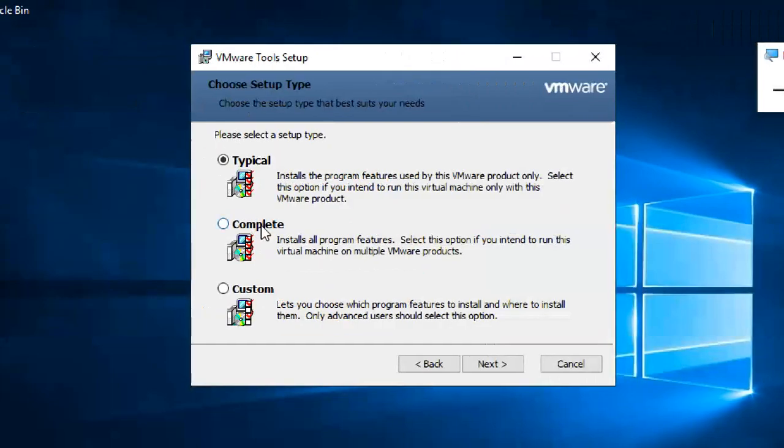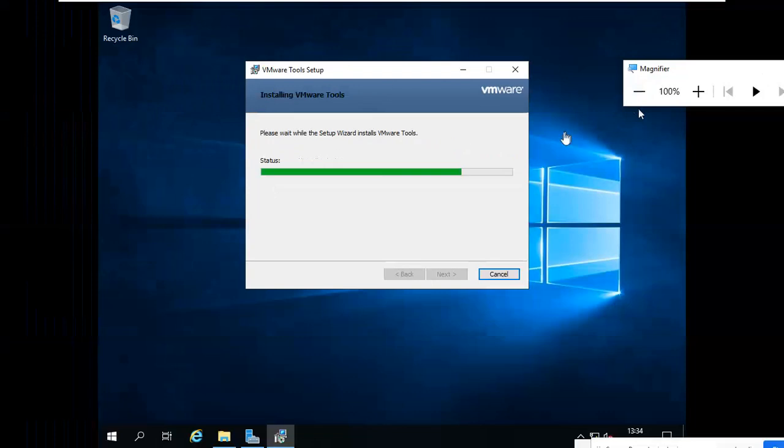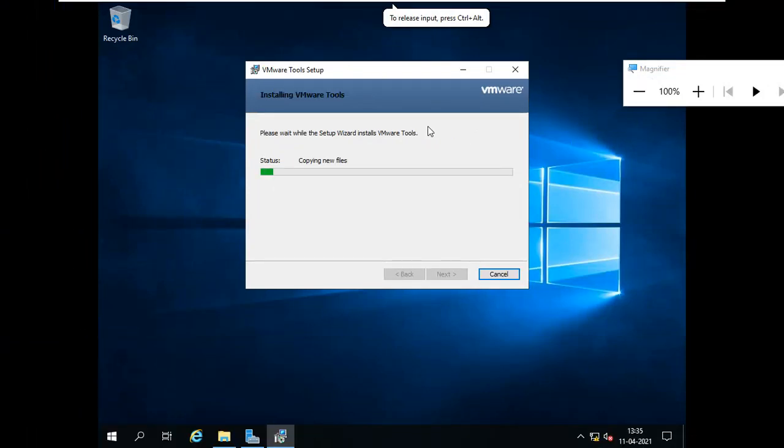Okay. Next, click on complete. Click on complete. Next, install. VMware tools can only be installed depending upon your operating system and VMware version also.